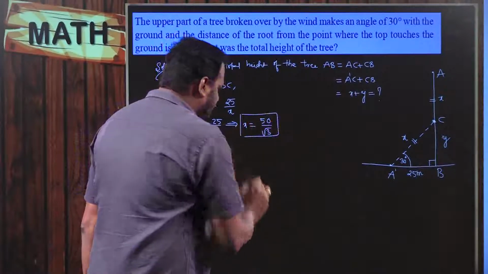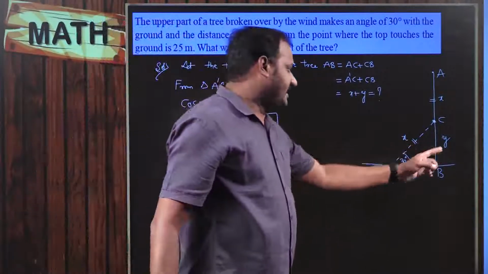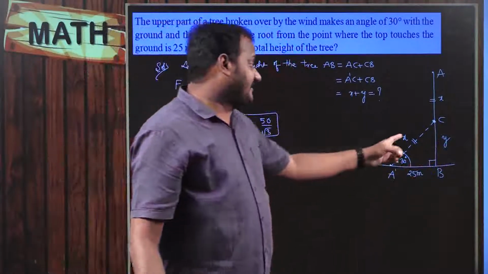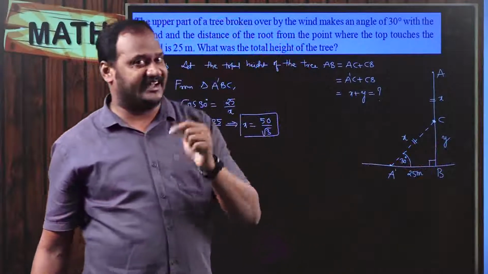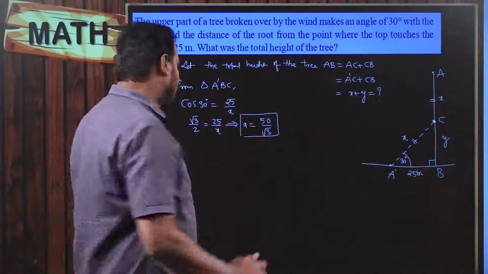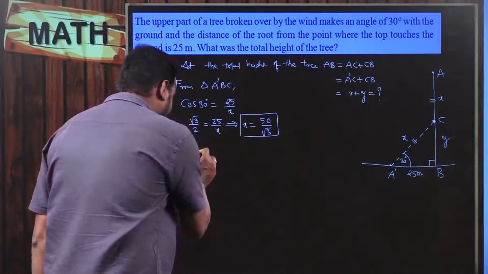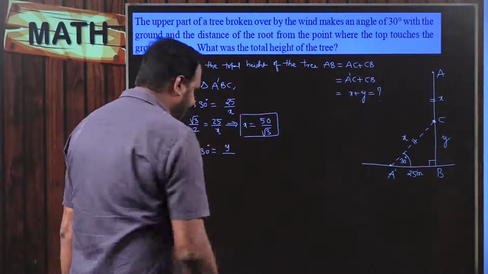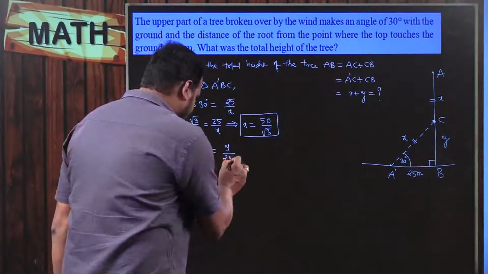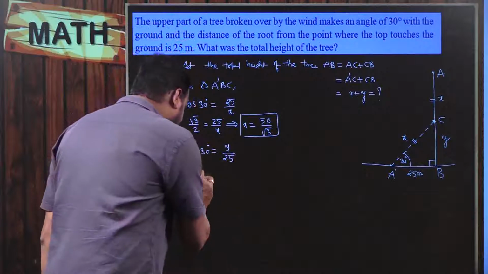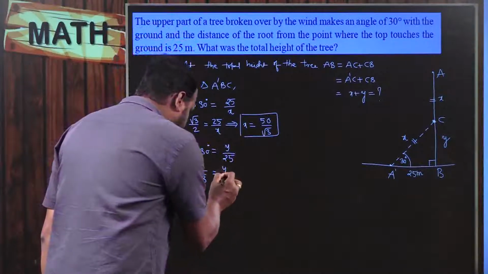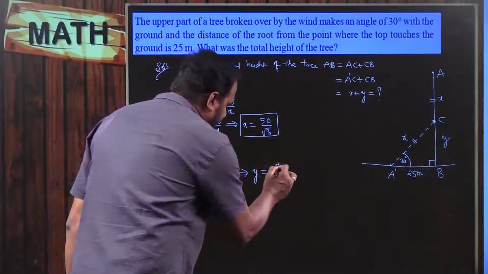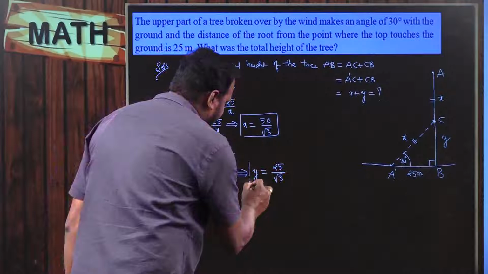And then I am going to find the value of Y. To get the value of Y, I can use angle, adjacent side, opposite side. Even I can use tan. Otherwise, after getting the value of the hypotenuse, I can use sine also. But I am directly using tan. So when I apply tan 30 degrees, tan 30 degrees is equal to the side opposite to 30, which is Y, divided by the adjacent side, which is 25. The value of tan 30 is 1 divided by root 3, which is equal to Y divided by 25. Again the value of Y is 25 divided by root 3. So this is the value of Y.